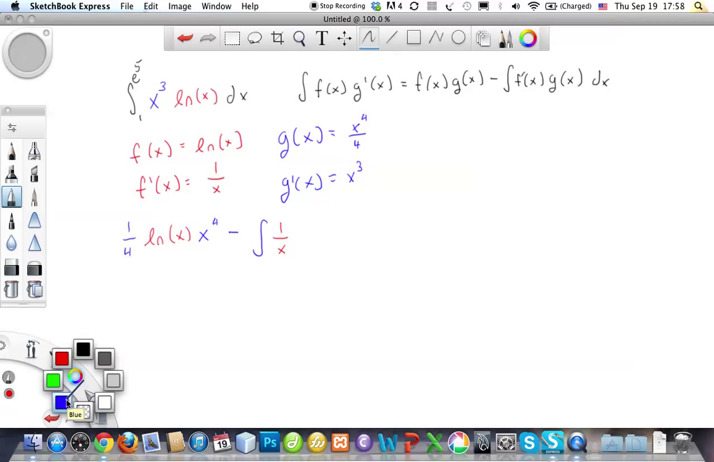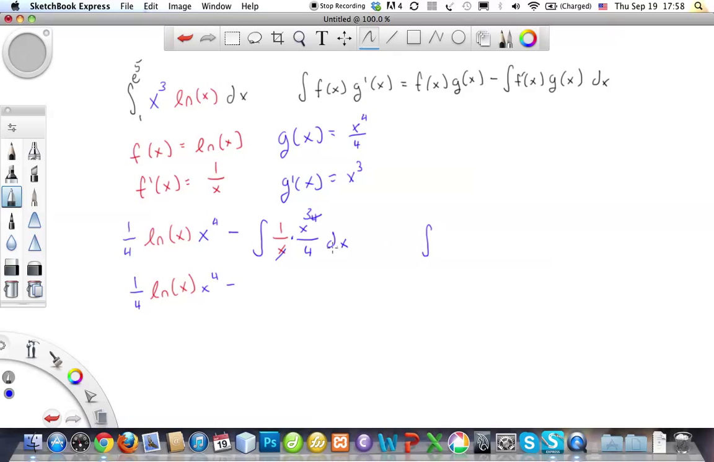And notice how nicely these cancel out. This turns into an x cubed dx, which makes it much easier for us to take this second integral so we don't have to do integration by parts again. We can just do 1/4 times the natural log of x, okay, times x to the fourth minus,